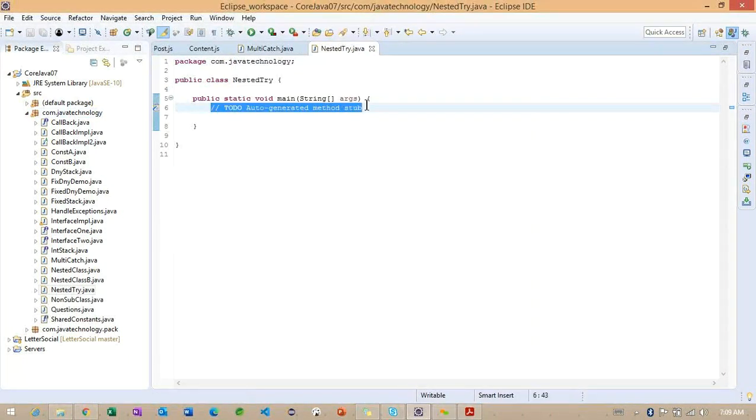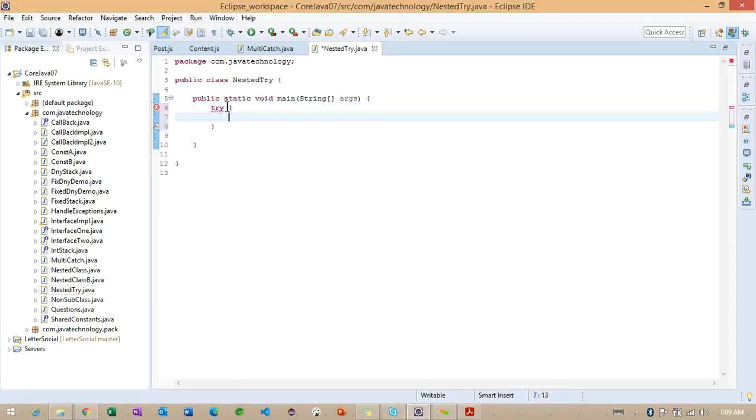I want to create a class called nested try. So inside this nested try, first I'm creating one try block here.